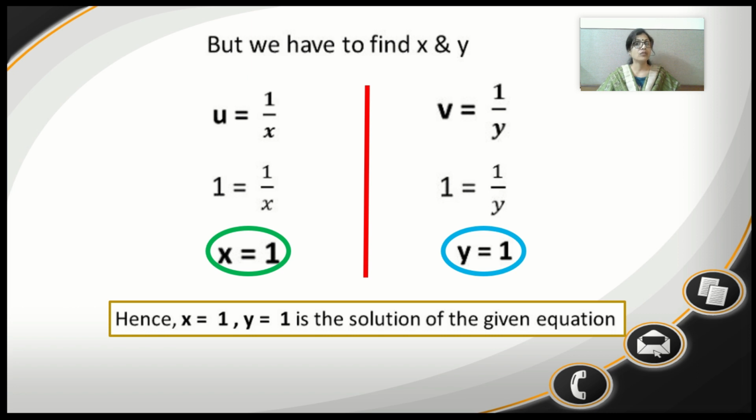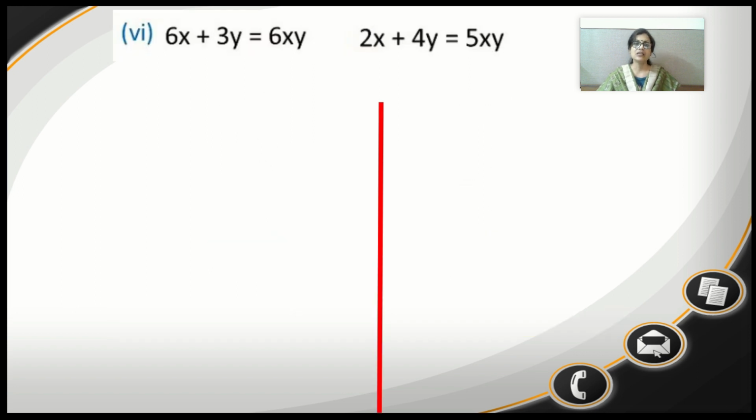Alright, so look at this, children. The equation was so different and we have simplified it and got the values of x and y. Let's go to the next sum. So this is the sixth sum from exercise